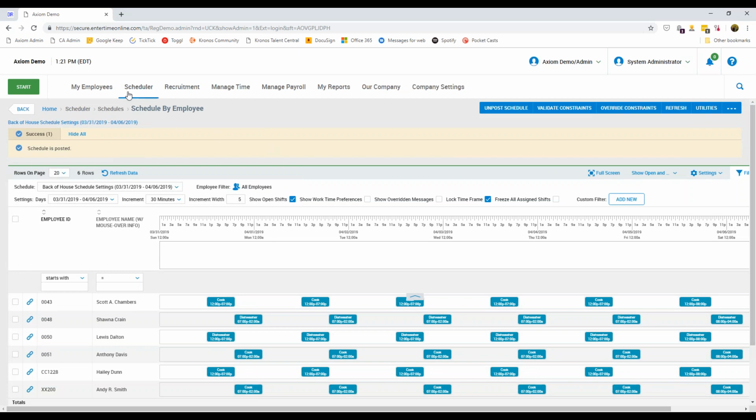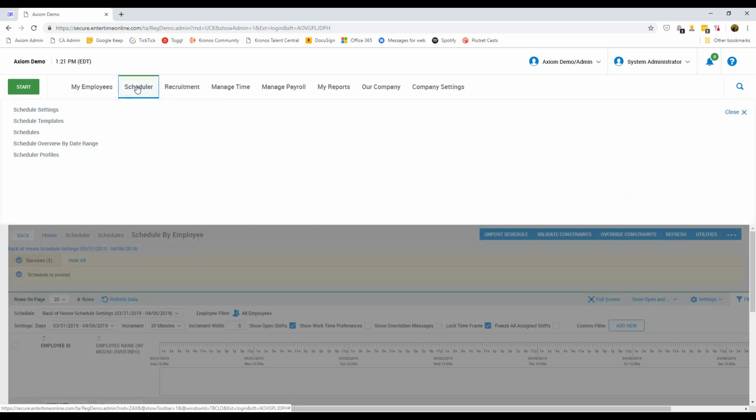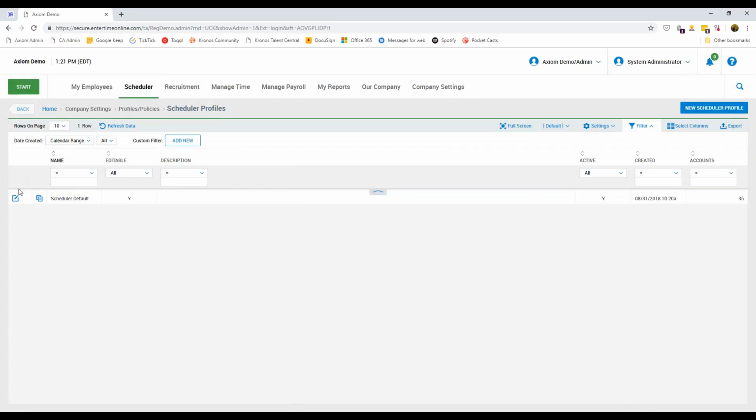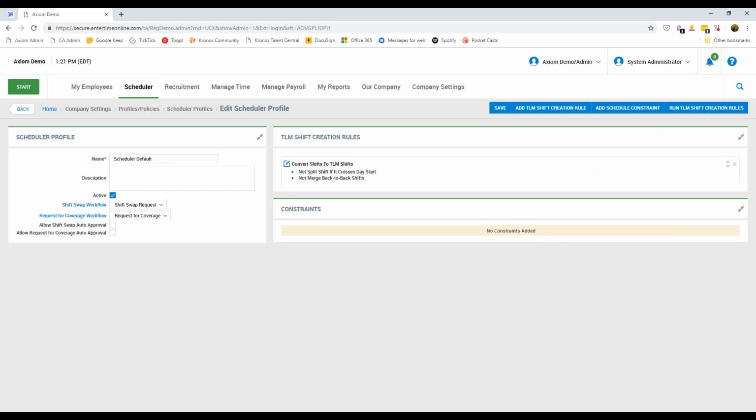what we're going to do is come back up here to our scheduler tab. We're going to click on scheduler profiles. We're going to view our default scheduler profile here, and we're going to click on this button called Run TLM Shift Creation Rules. And what this does, this is a lot of steps for a pretty basic thing, but what this is going to do is actually take the shifts on those schedules and move them over to the employees' timesheets. And what this allows us to do, for those of you who currently have timekeeping with Axiom, maybe you